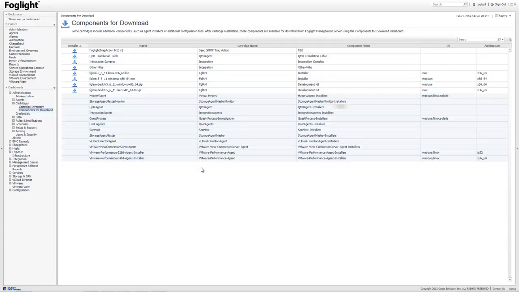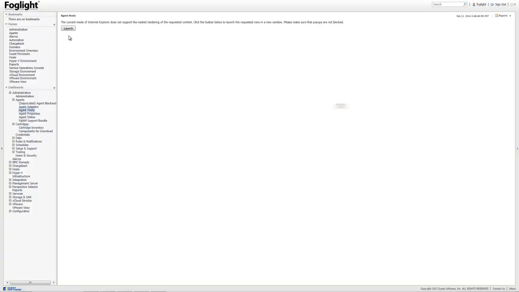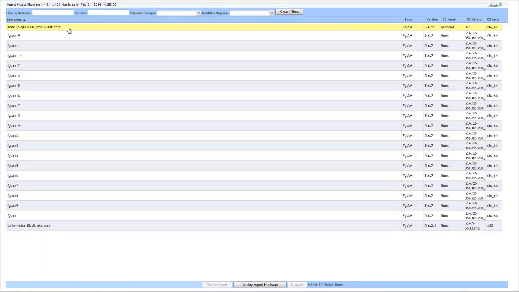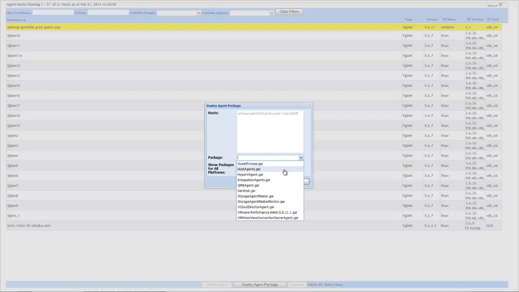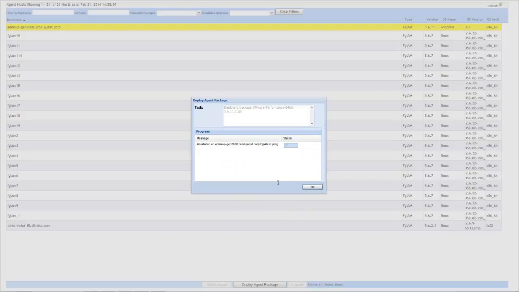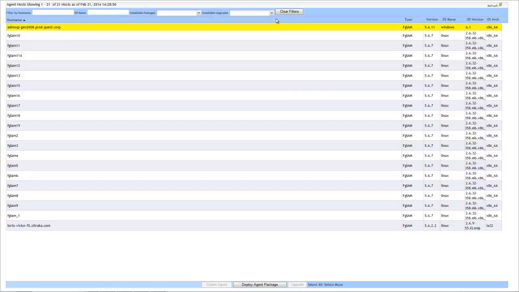Once you have your FigLam installed on the server you'd like to install the agent to, we'll go ahead and deploy the package. And deploying the package is sending the binaries down so that it knows how to configure everything. So let's go ahead and pick the FigLam you want to deploy it to, deploy the agent package, and go ahead and select the VMware performance. Alright. Now that that's done,